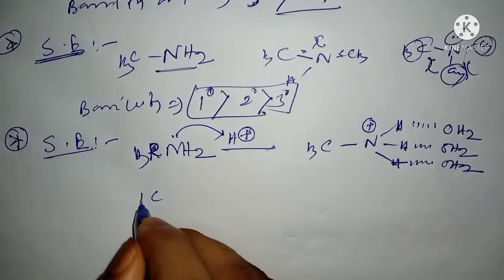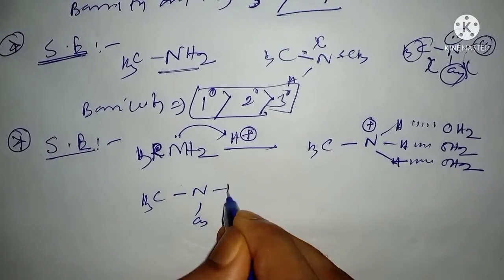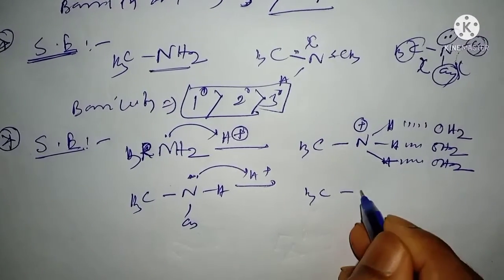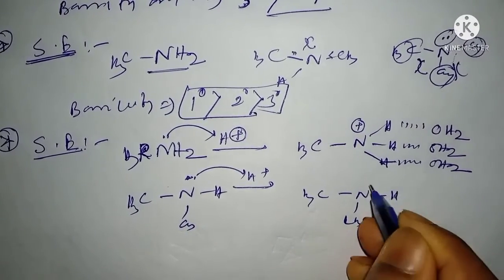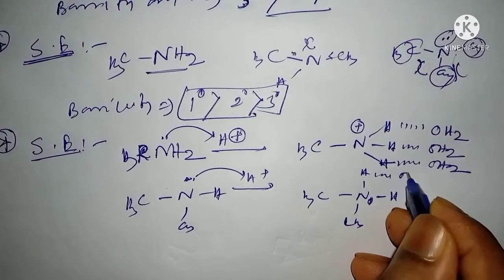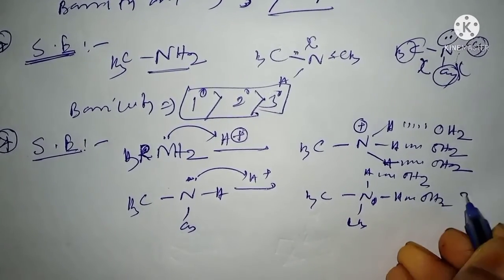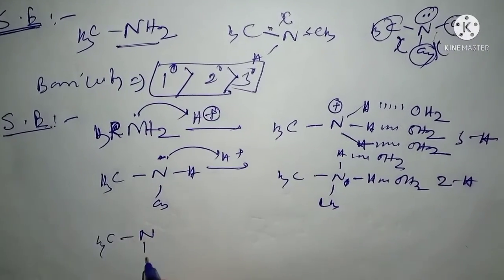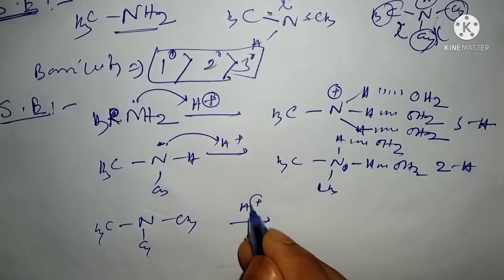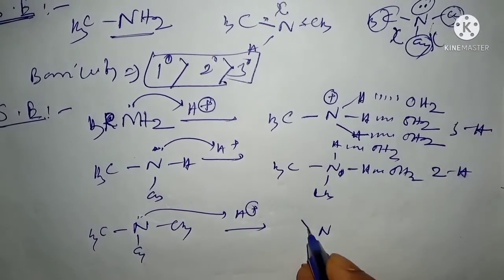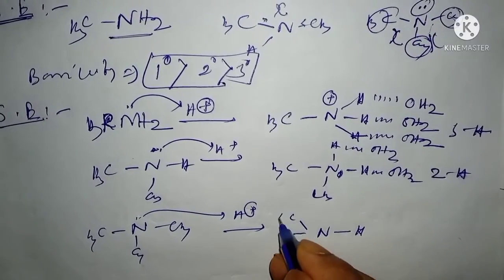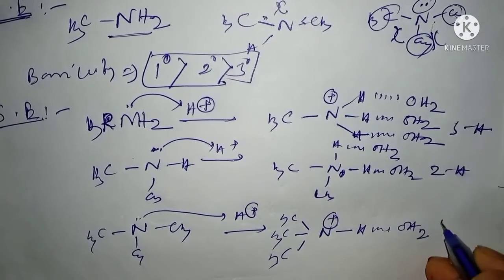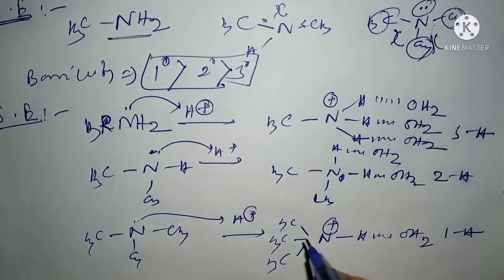Now in the case of a 2 degree amine, it has a lone pair to donate to H plus to form (CH3)2NH2 plus, which has two hydrogens, so two hydrogen bonds. For a 3 degree amine, (CH3)3N in the presence of H plus donates to form (CH3)3NH plus, with one hydrogen, so one hydrogen bond. As the number of hydrogen bonds increases, solvation energy increases.